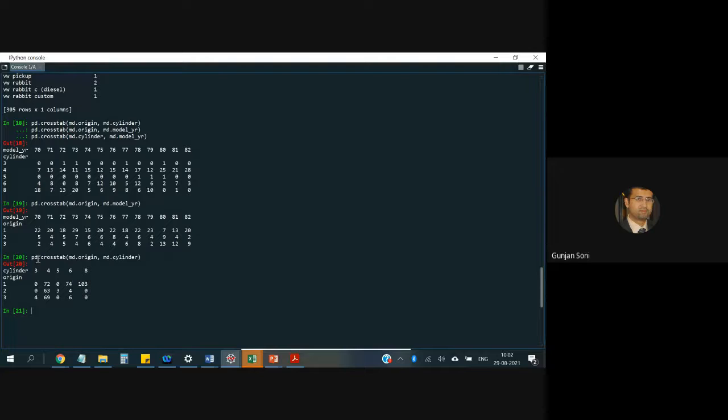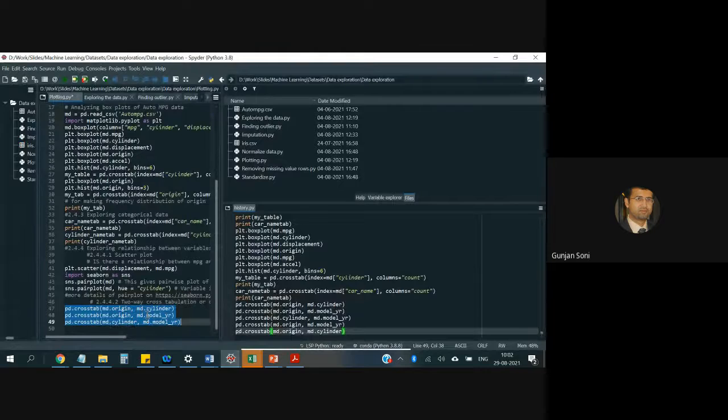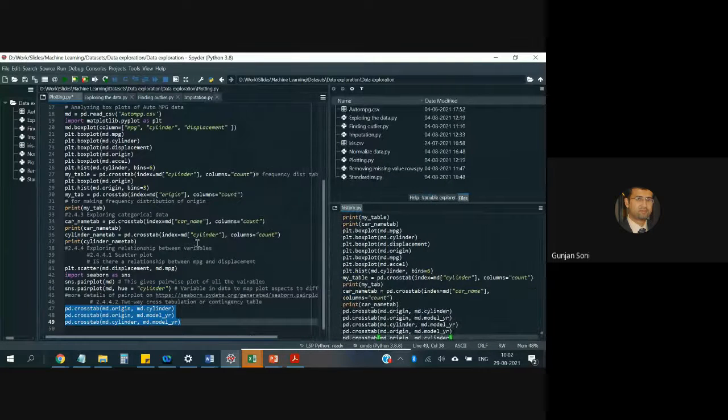So we can see that only plant number 2 produces 5-cylinder engines, because you can see 3 over here, and only plant number 3 produces 3-cylinder engines. So these are some inferences which we can draw from cross tabulation, which is not directly evident from the table or from the data. Okay.